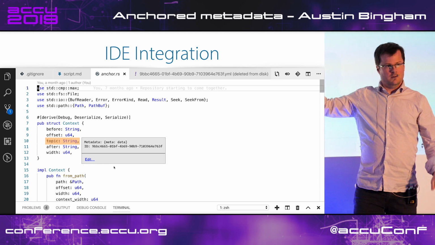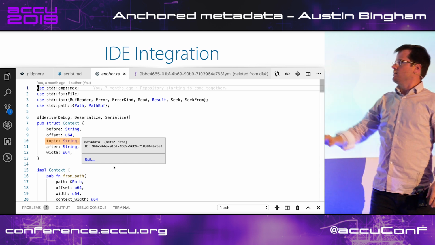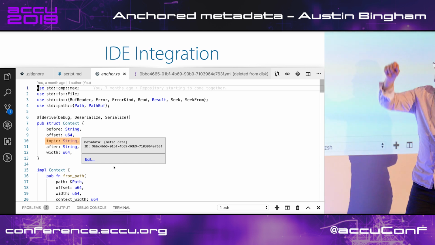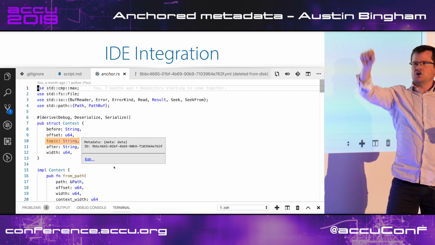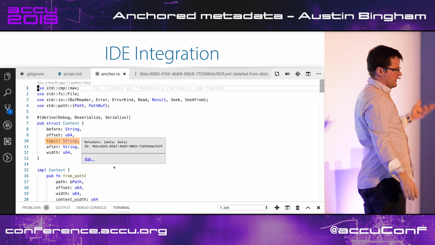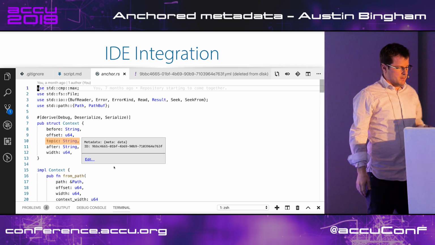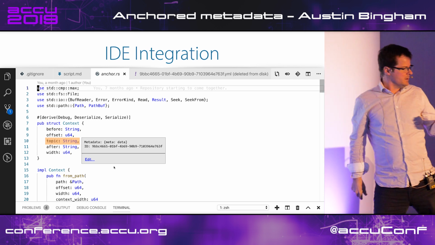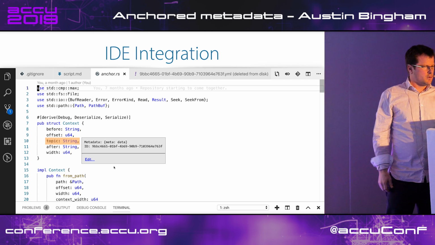This is totally mocked up. This doesn't exist in any way, shape, or form, but you kind of get the idea. I think it'd be nice to be able to click a button that says, show me the Spore information, and have this pop up, and be able to futz with it. I think there's a lot to be said for that. And integration for creating anchors: I could highlight a range and say create anchor here or something along those lines. That would be, I think, critical to its